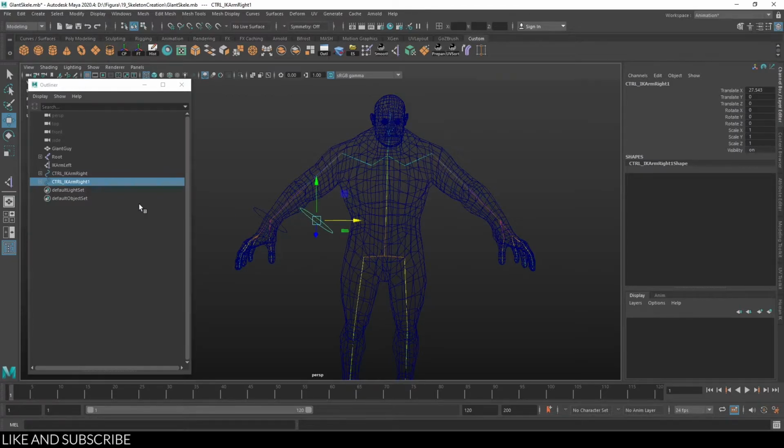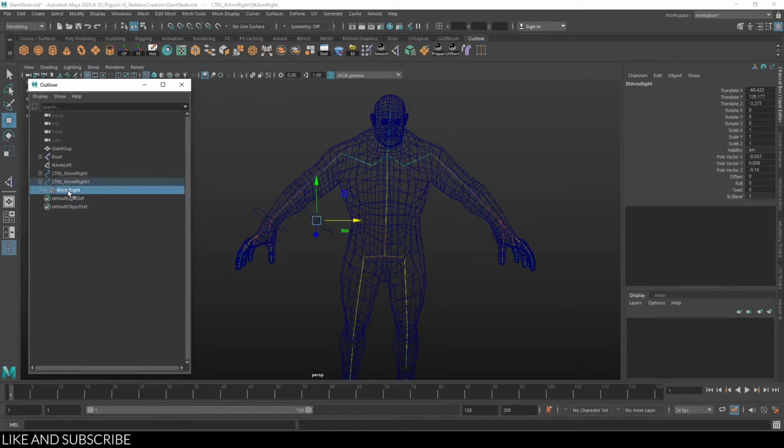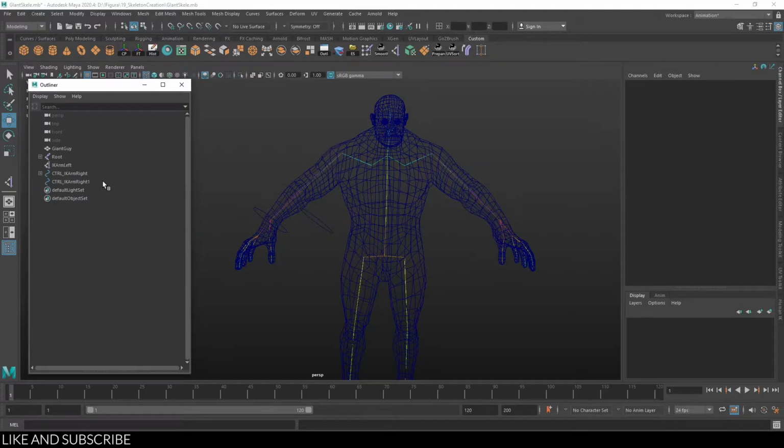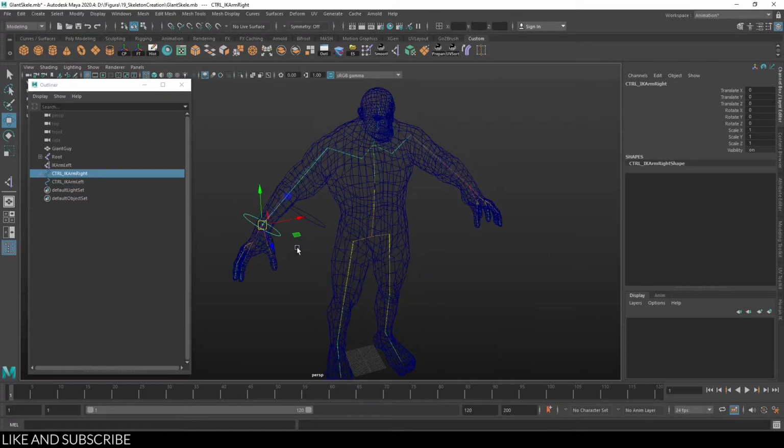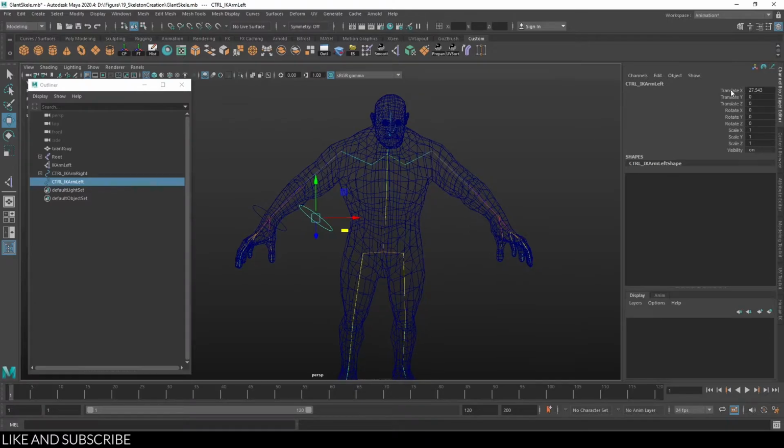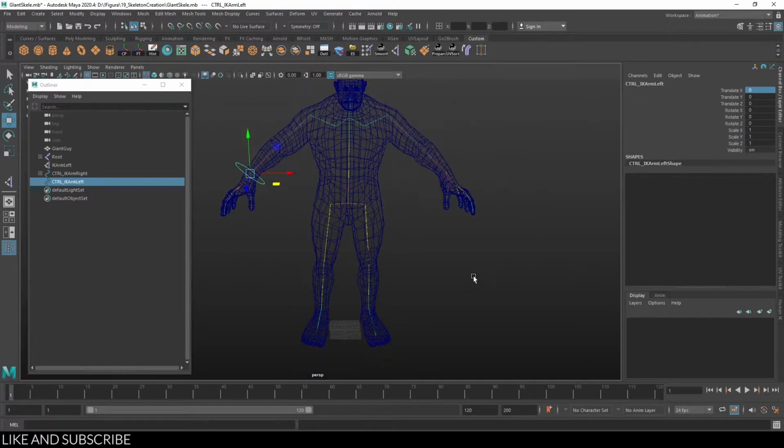Move it wherever. Delete the IK arm right that's nested inside it and rename this one to left. Let's check if nothing got weird here. Yeah, it's good. So we can actually return it to the main position. Snap the pivot by holding D and X to the